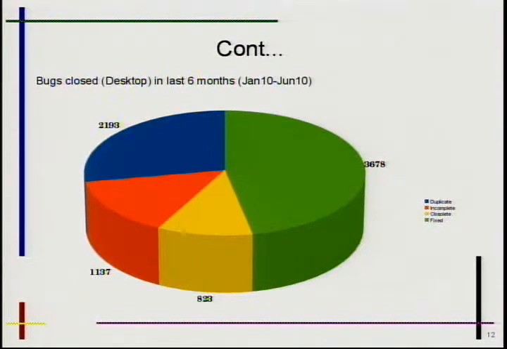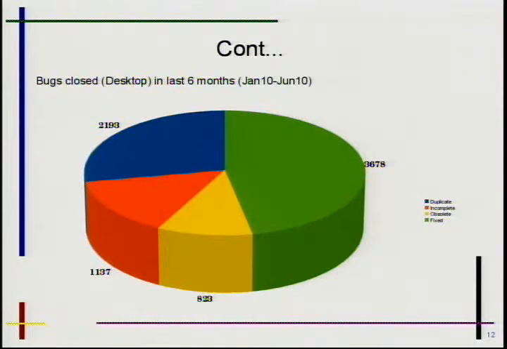So by looking at all of them, mostly bugs will be categorized and closed by these statuses. So I have taken only these 4 fields. If you see the combined efforts of duplicate, incomplete and obsolete, it's more than the number of the fixed bugs.